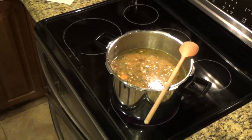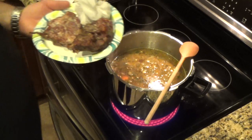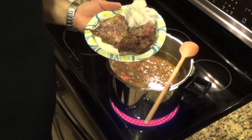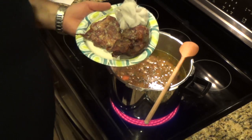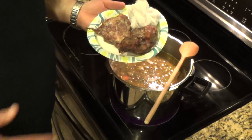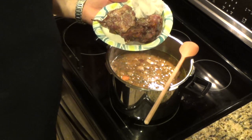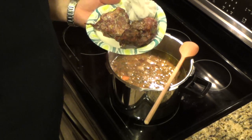Okay, so the final ingredient that I have are smoked ham hocks, and in my opinion, this makes or breaks the recipe. I get these from Publix. I live in Central Florida, so that's kind of the grocery store of choice. They always have these in stock. This is basically pieces of the leg on a pig that have been smoked, and it's an awesome flavor enhancer